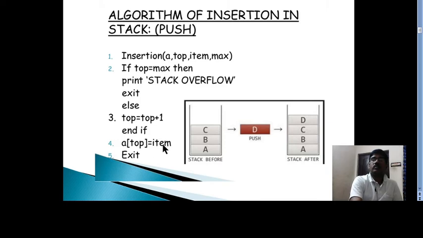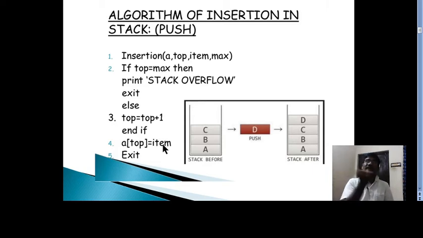Clear? So the input is the stack, which is A here. A is nothing but an array here. We are considering the stack as an array. That A has top, and its maximum capacity is represented with max. Step 1, we are checking whether top is equal to max or not, whether top reaches the maximum position or not.